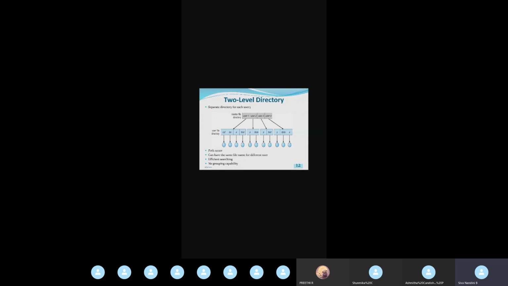When we divide the 1000 files by 5, each individual user will have a minimum amount of files compared to accessing all 1000 files in a single level directory. Accessing all 1000 files completely in a single level directory will be very difficult compared to the 2 level directory, because in the 2 level directory the 1000 files are grouped under 5 categories. So each user will not have all 1000 files, only about a fifth of them. Searching will be much easier compared to the single level directory. So we prefer this 2 level directory over single level directory.